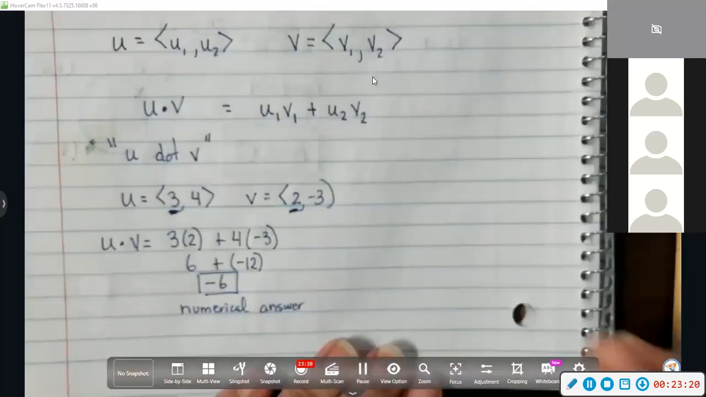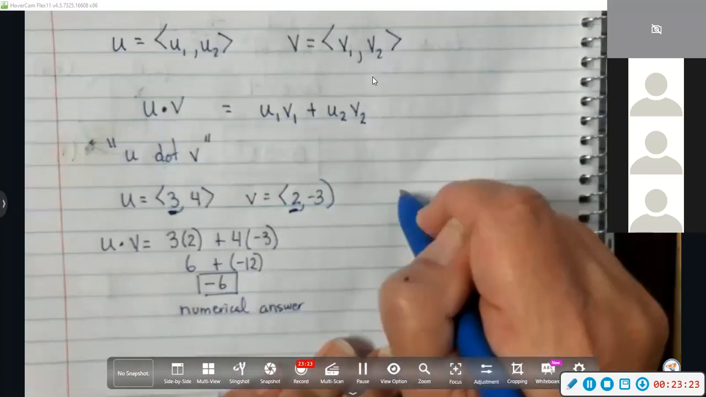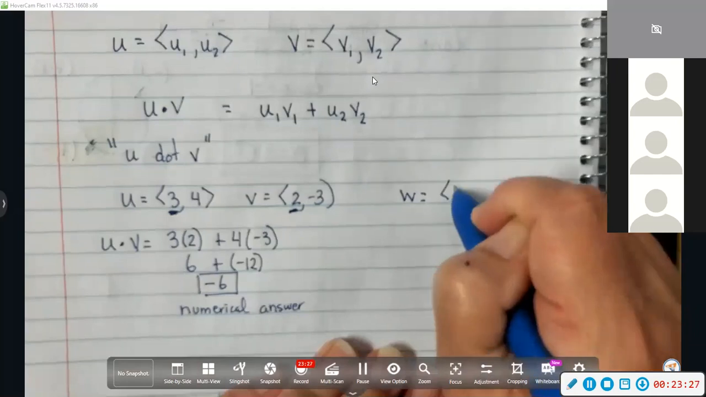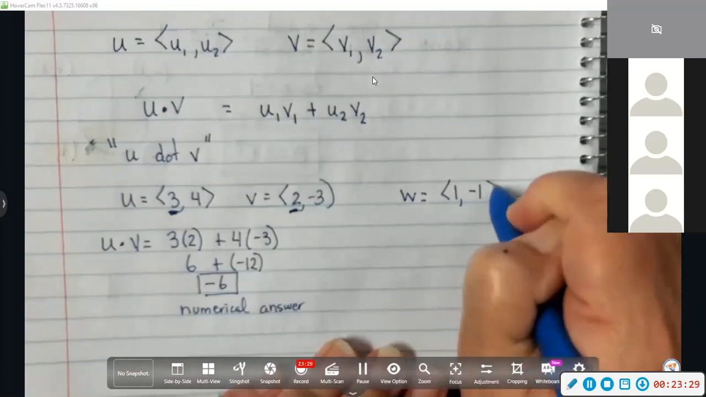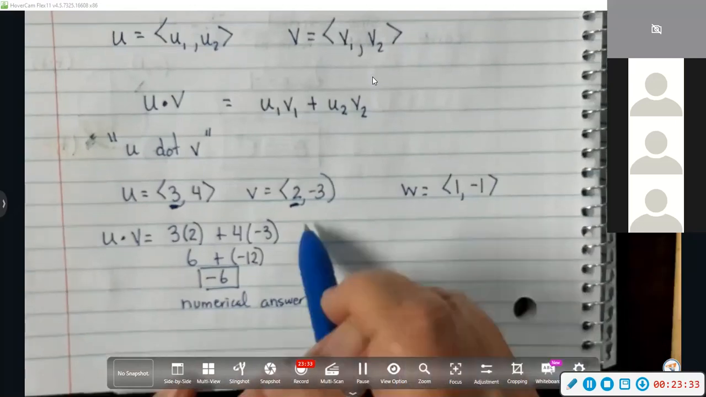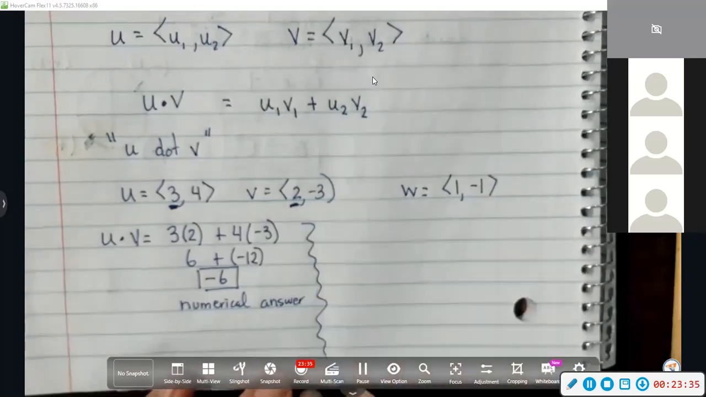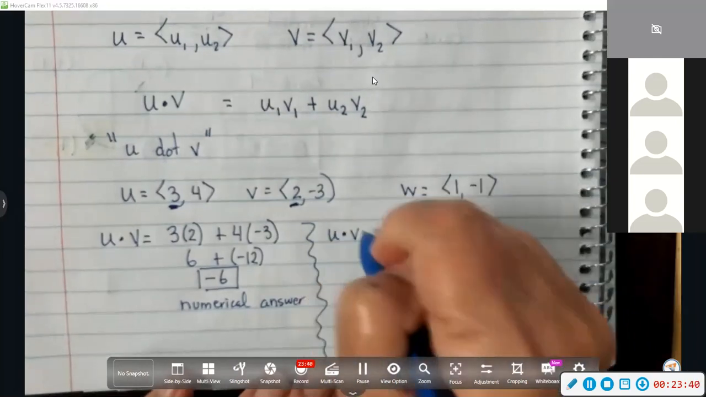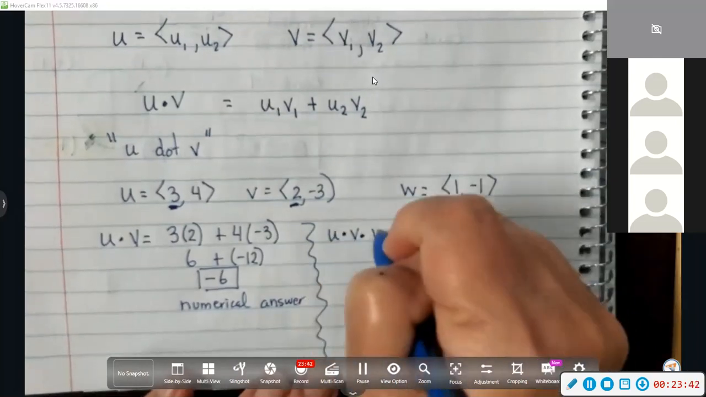All right, so now to u and v, we're also going to introduce vector w. Vector w is 1, negative 1. All right, so now it's a different problem. If I have u dot v dot w,